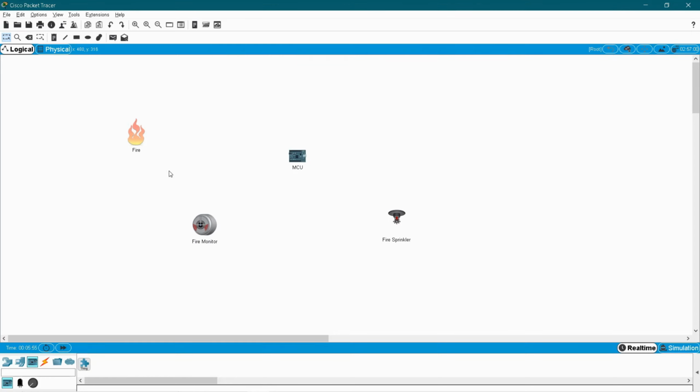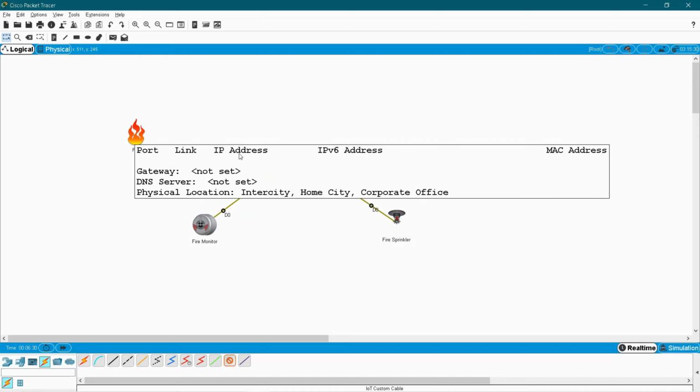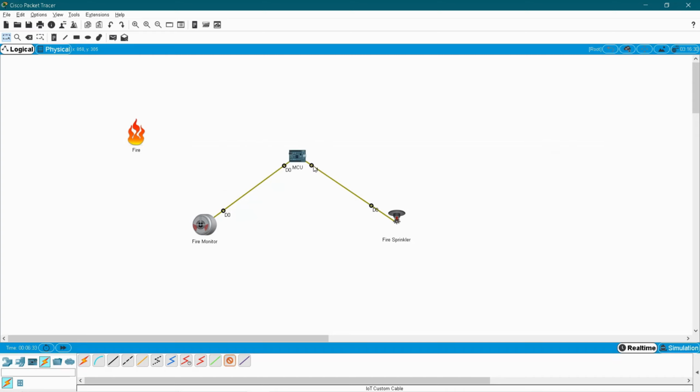Okay, now I am going for the connection. Click the connection, and the last second is IoT custom cable. Use your control button to select it to give more than one connection. Click your MCU D0, the digital port, and here D0, and again MCU D1 to here D0. I am not going to connect the fire because fire is an external device that may or may not rise, so I am not going to connect the fire with the MCU board. Give escape. Go to your MCU.